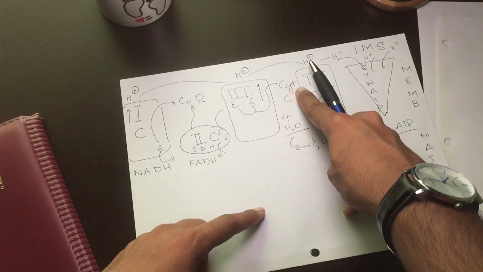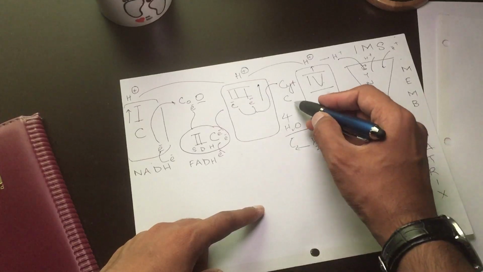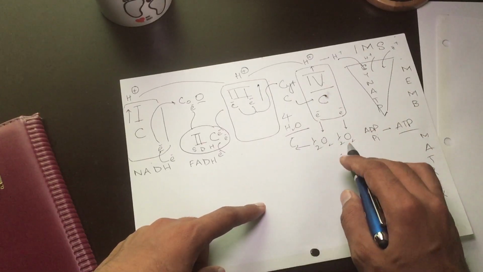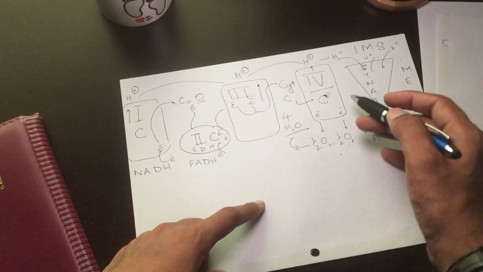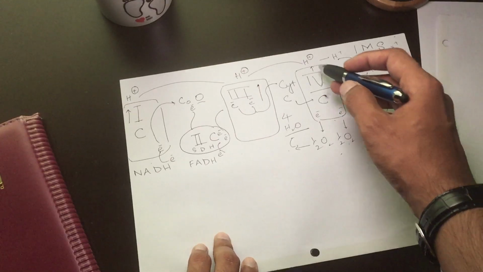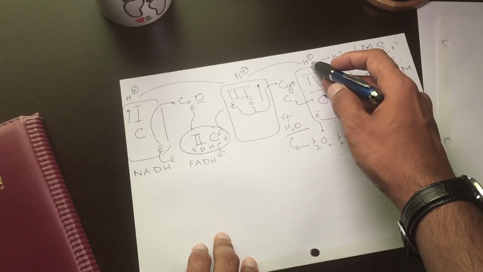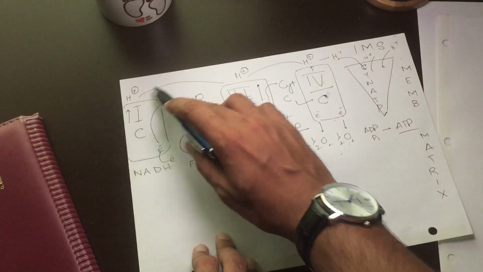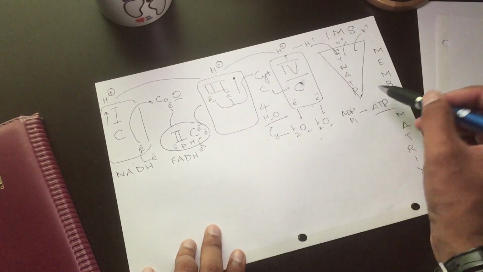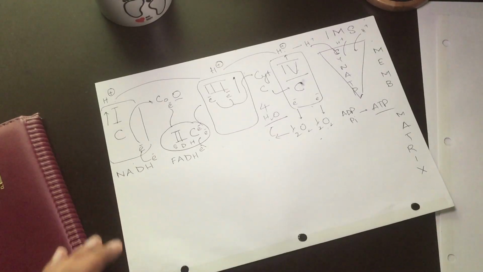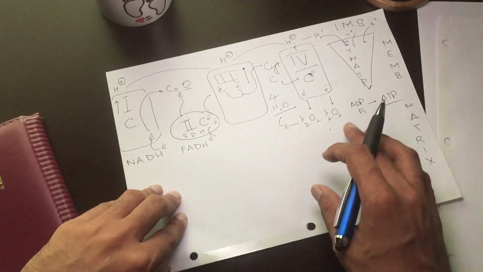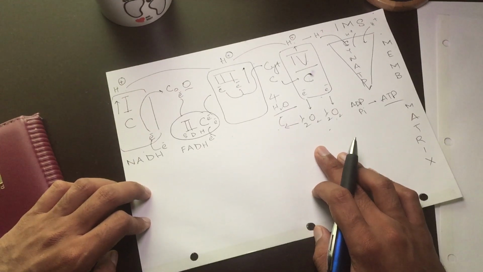These 2 electrons are now transferred via cytochrome C to complex 4, and these electrons are accepted by the oxygen molecule to make a water molecule. By carrying these electrons, complex 4 pumps the hydrogen out into the intermembranous space. All these hydrogens are used by the ATP synthase enzyme to make ATP. So now let's discuss the different inhibitors of these enzymes.